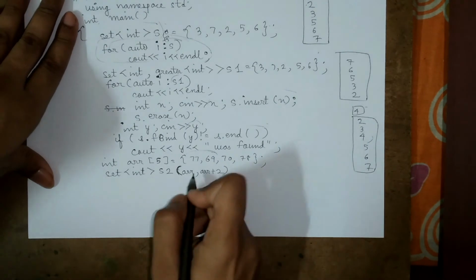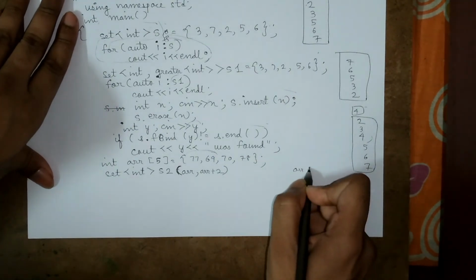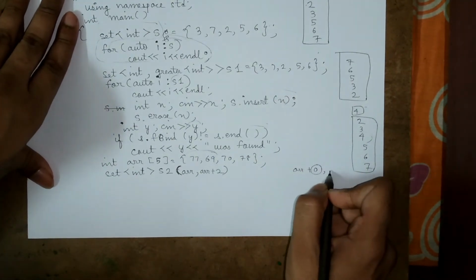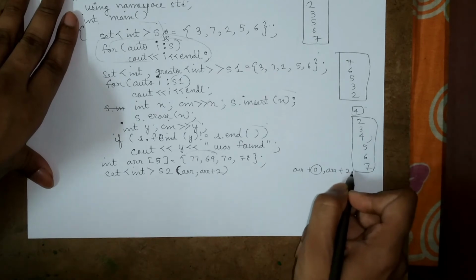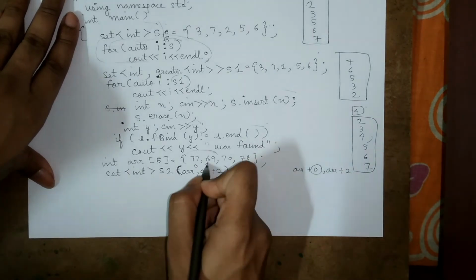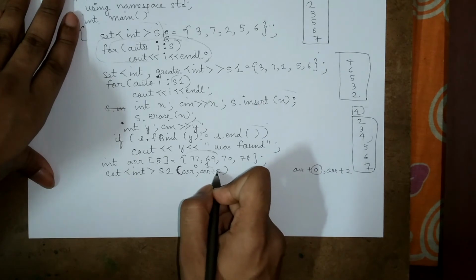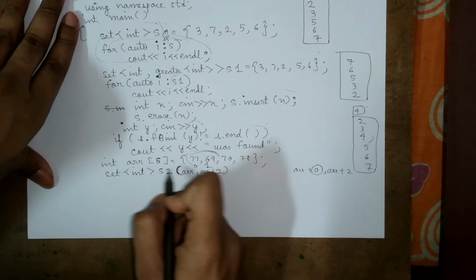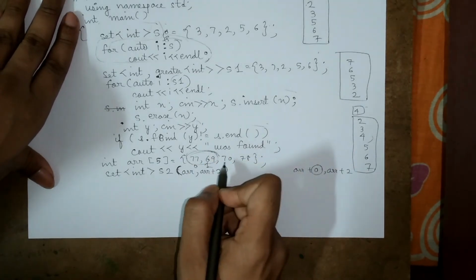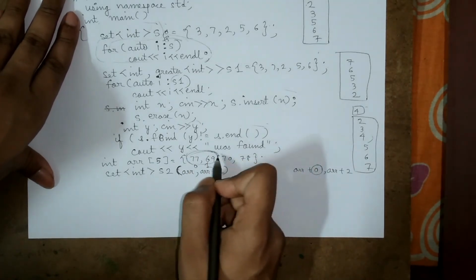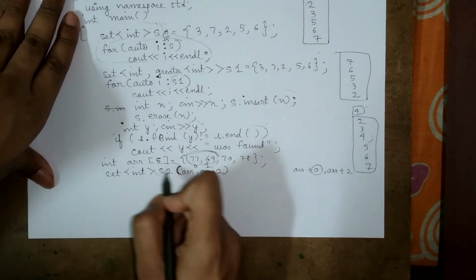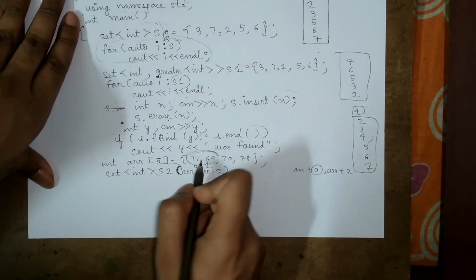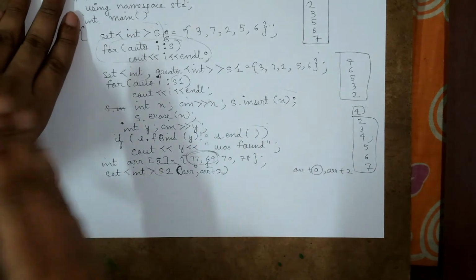Okay, so what does arr mean? Arr actually means arr plus 0, so it will start from the 0 index and go to arr plus 2 minus 1 index. Since it is 2 over here, it will copy the first two elements inside this set s2. The first two elements are not in sorted order, as we can see 77 is greater than 69, but as soon as we put them inside this set s2, they will be kept as 69 and 77, which is in sorted order.